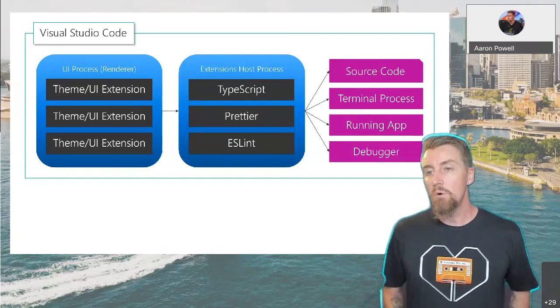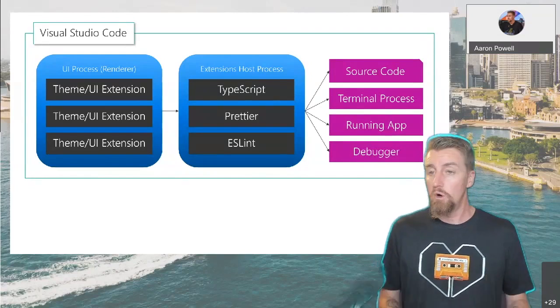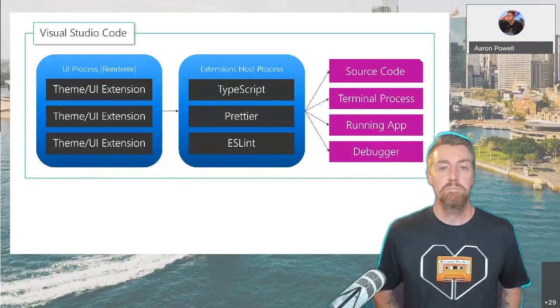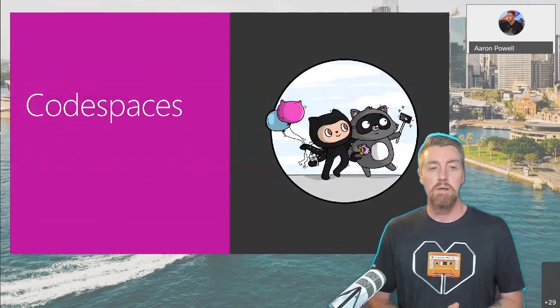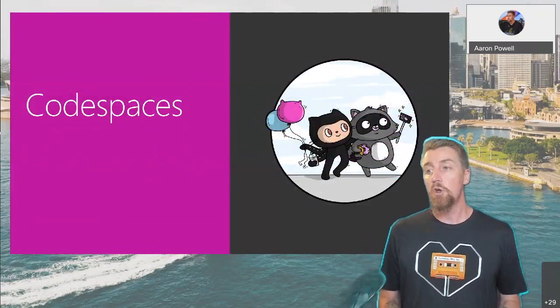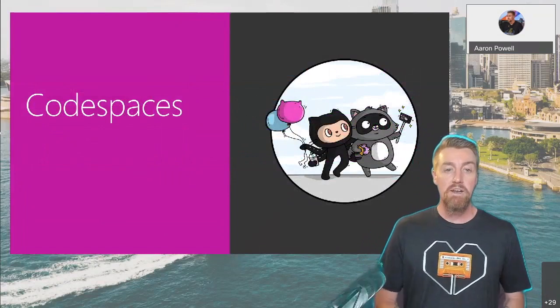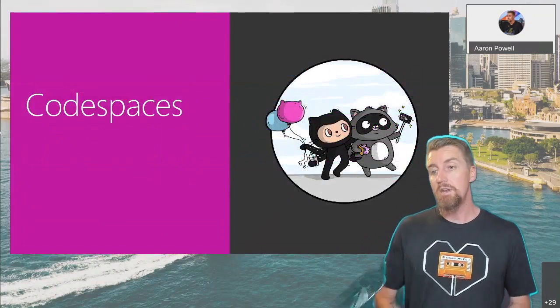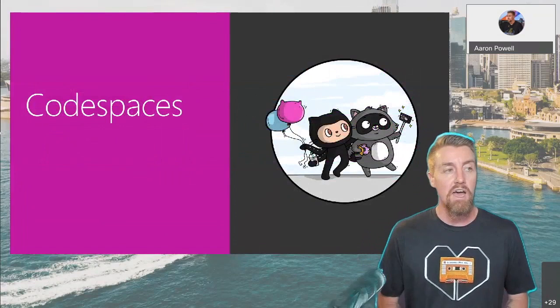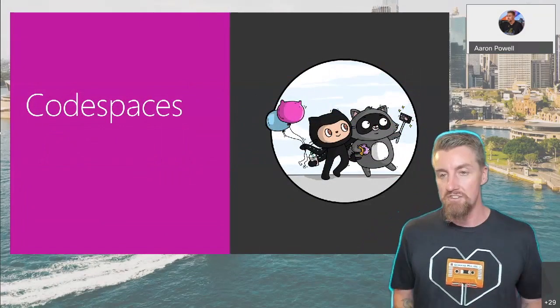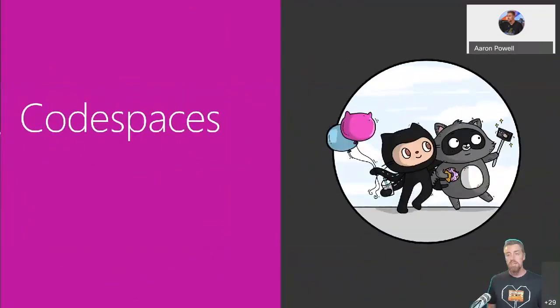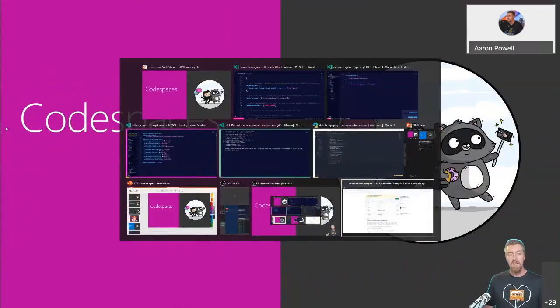Again, I popped some more information around how remote works into the Slack channel. But the best way to illustrate how we can do remote development is Codespaces. Codespaces is currently in beta. The link to sign up for the beta I've popped into Slack for anyone that wants to use it. But it's basically VS Code in the browser. And the best way is that I jump over and show you it in action.